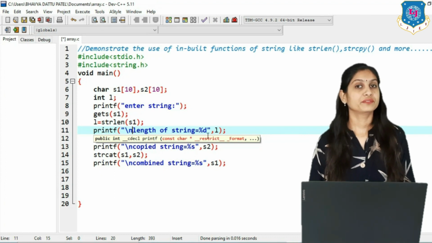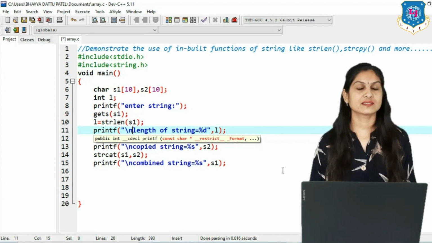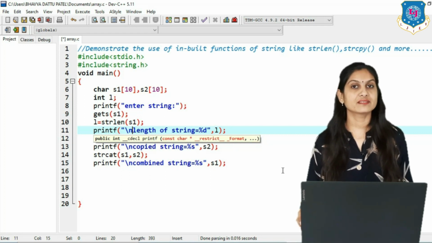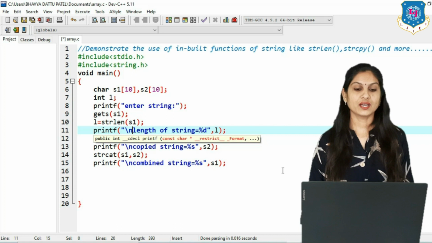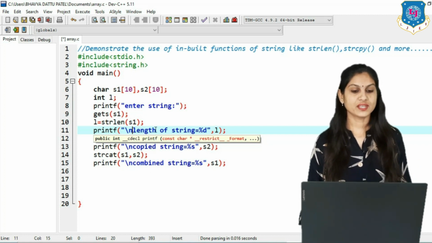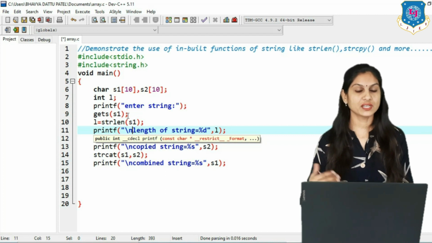Now check for the next function, that is strcmp. The full form is for comparison of two strings. So here we want to read two strings from the user, and for that we have to use the gets function again.